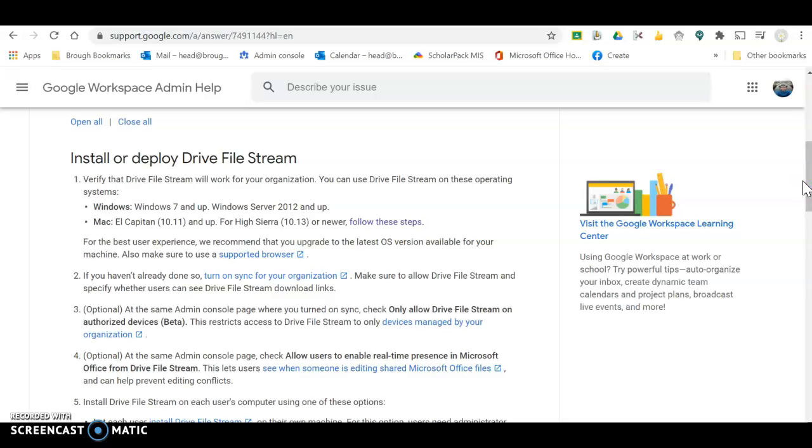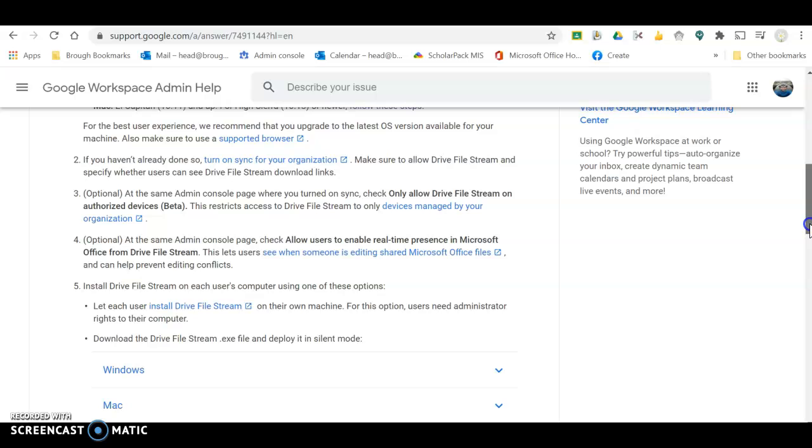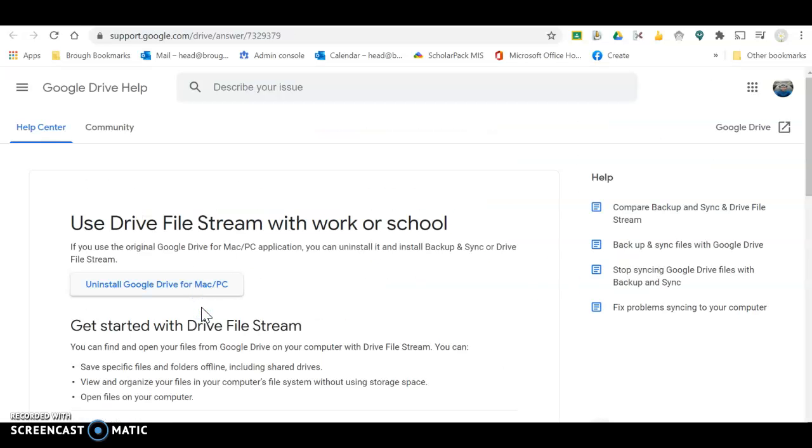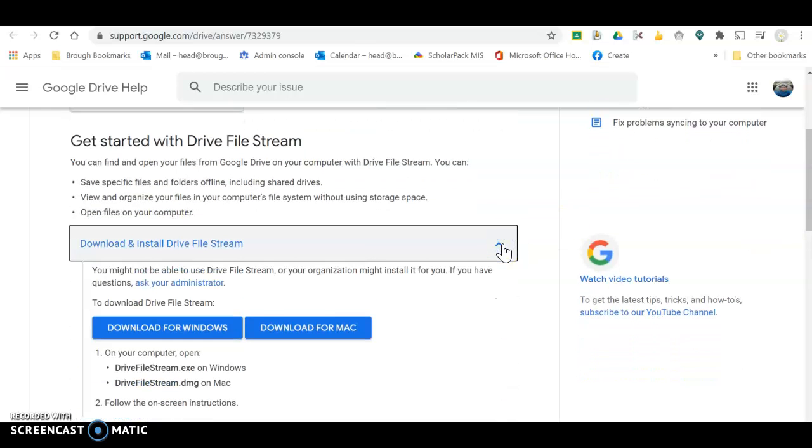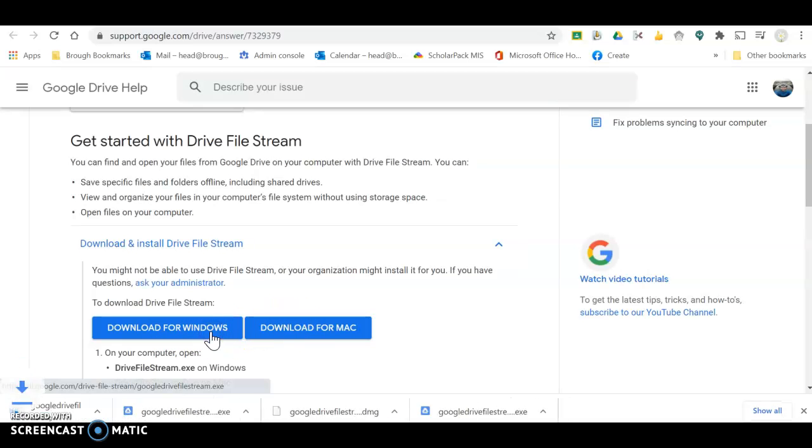I'm on Windows 10, so I need to find that. Here we go. Because I've already got it, it's going to ask me if I want to uninstall it. If you want to install it, here we go. Download for whichever of your operating systems you wish to choose. Download the Windows one, and then once it's downloaded and installed,